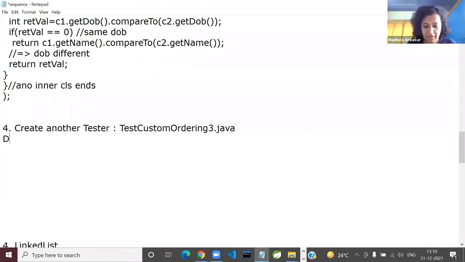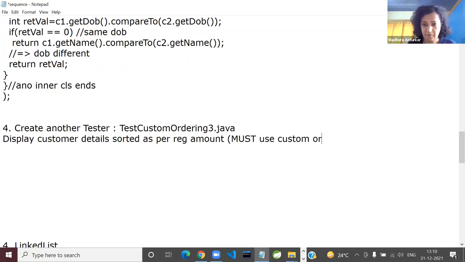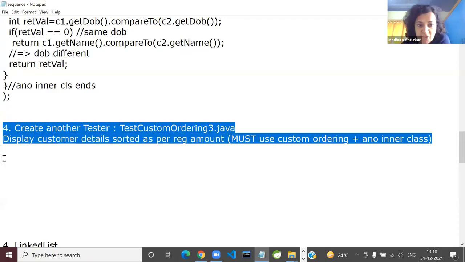Okay. And display customer details sorted as per registration amount. But you must use custom ordering plus anonymous inner class. So tell me, is the question clear?